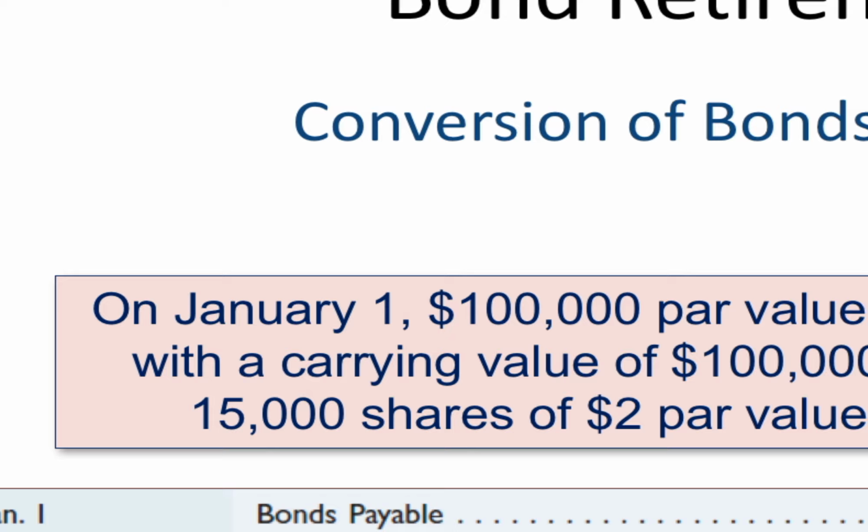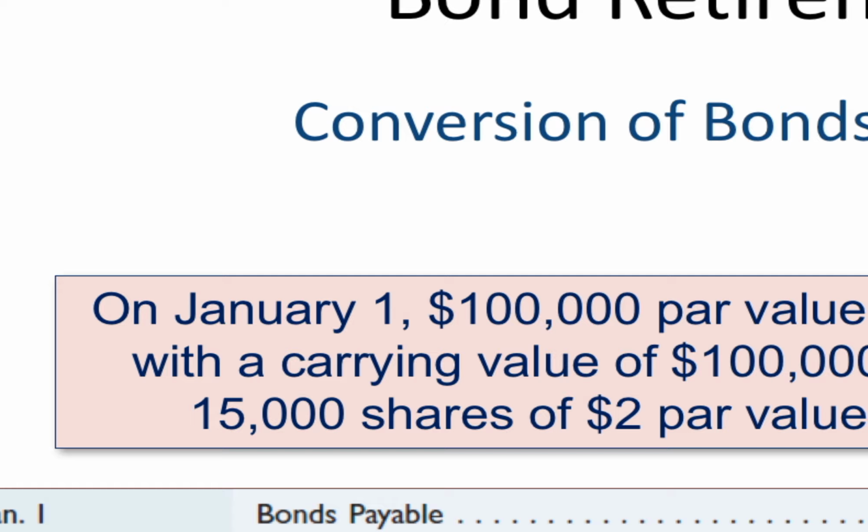Okay, if you remember back to when we talked about stock, about paid-in capital in excess of par. It's the same as any sale or issuance of stock. Under the common stock section, we would record whatever the shares times the par value. And in this case, we're changing a liability to owner's capital, basically.